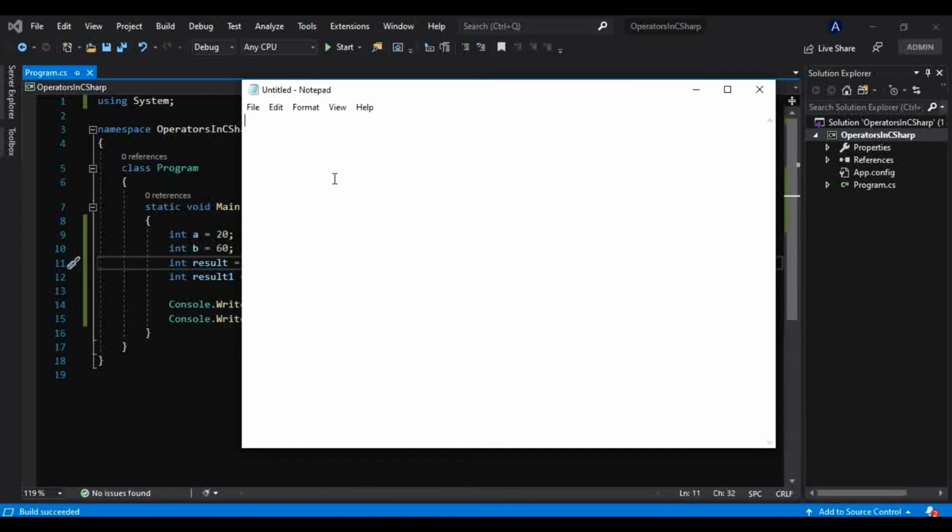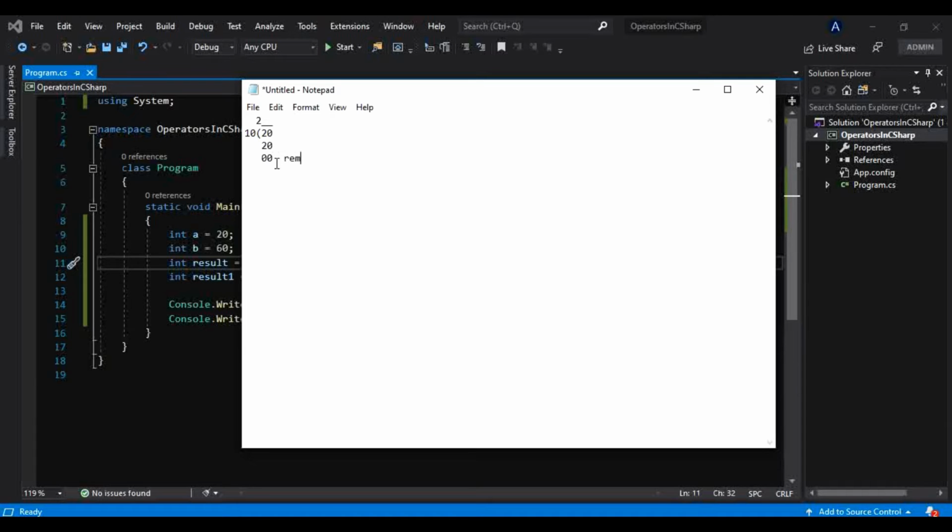If I want to divide 20 by 10, we used to do something like this. Whatever value comes here, that is 2. If I divide this 20 by this 10, then 10 goes into 20, and whatever we get here is the remainder.